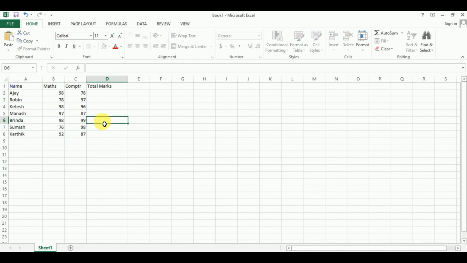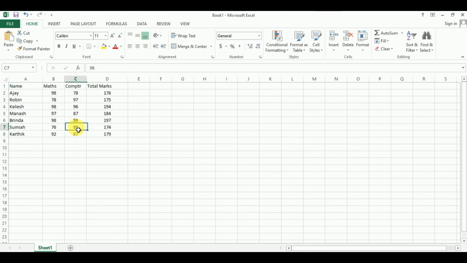So for total marks I want to use a formula. You can see equal SUM, sum means summation, and I want to use the bracket, total marks.